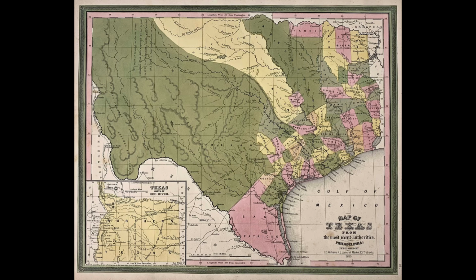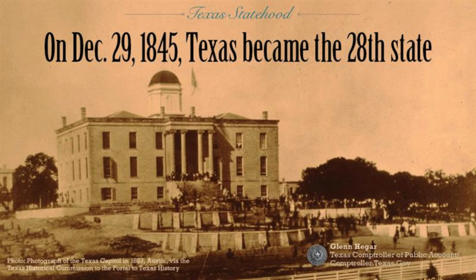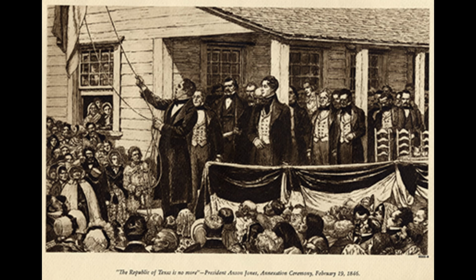But again, though, all of this was still disputed. Mexico did not recognize the Republic of Texas, so things were on very shaky ground. But no matter what, on December 29th, 1845, Texas became the 28th state in the Union. And so this was going to precipitate a reaction from Mexico, because President Polk was going to dispatch troops led by a general named Zachary Taylor down into